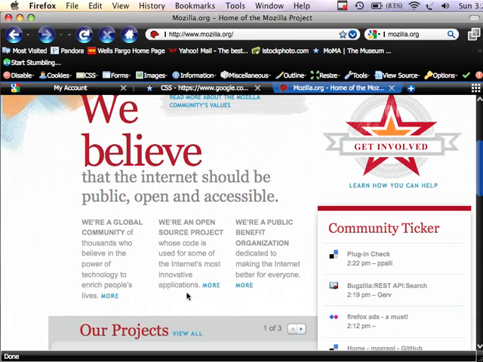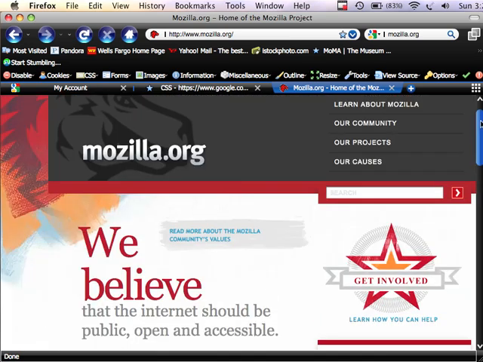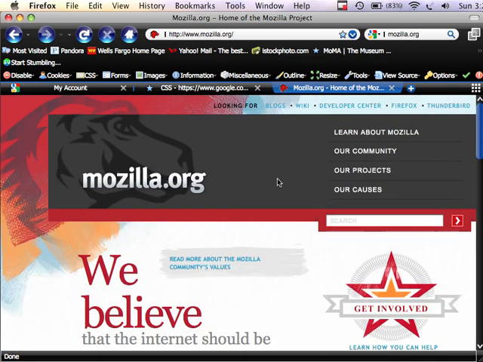And so some applications are shown here. Here's a couple of projects that they're working on. Firefox is an example of a very successful web browser from the Mozilla group. And one thing that you need to understand is where the Mozilla group came from. So if we return to the notes,